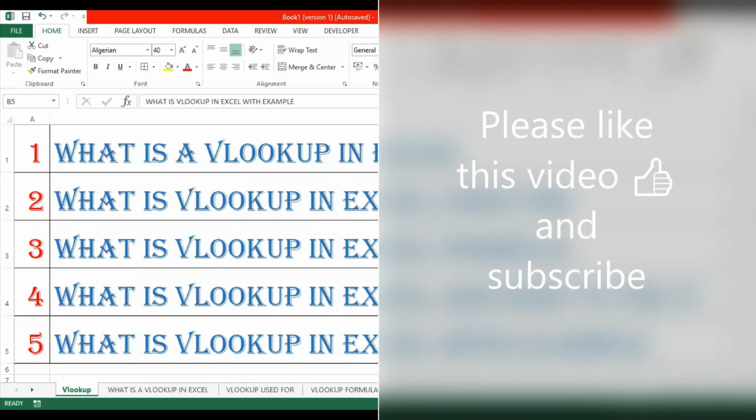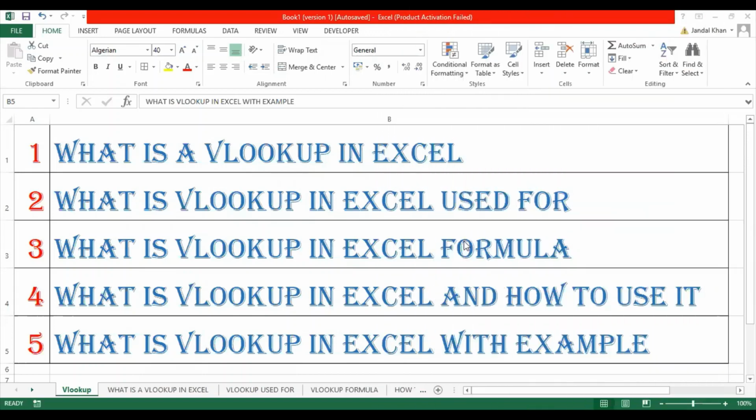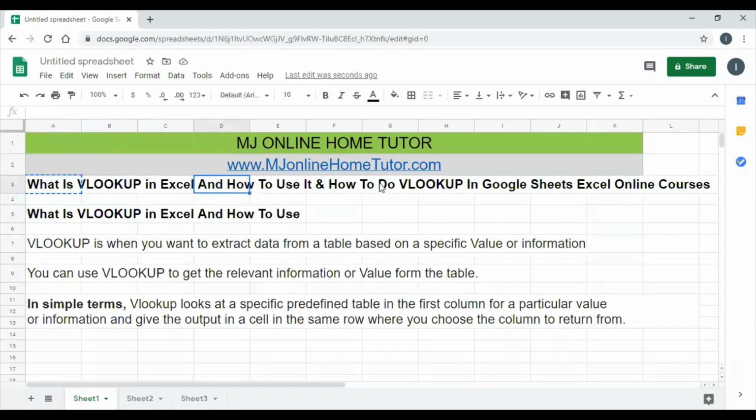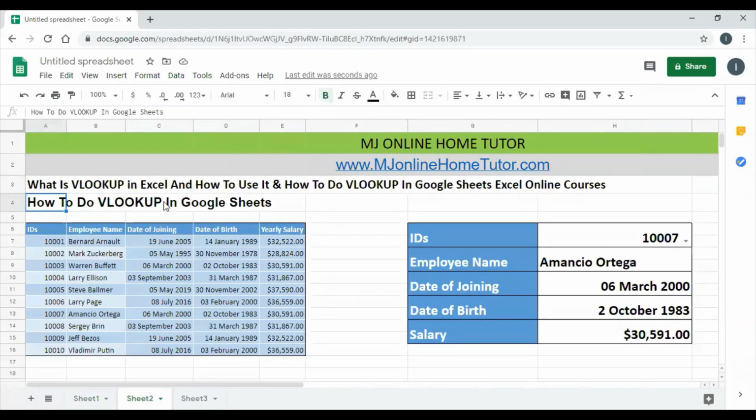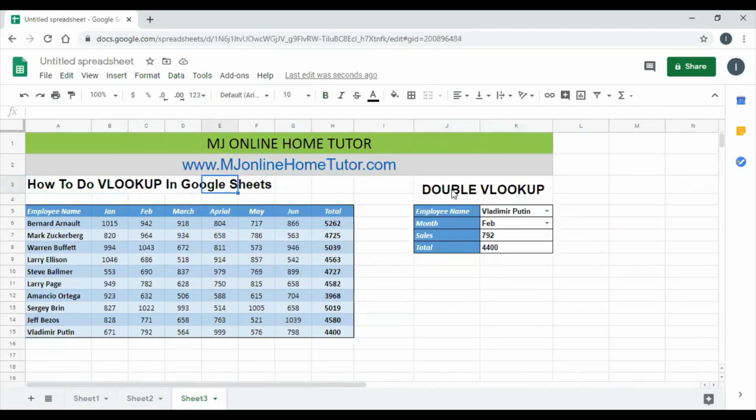The important thing is about VLOOKUP. I have created a complete training. You can watch it. I have created a theoretical part and examples as well. There are many examples. We discuss what VLOOKUP is in Excel, what VLOOKUP is used for, and many things about the theory. There is also an example in which we discuss VLOOKUP by changing the variable via validation. It's a very short VLOOKUP training. The link is in the description. I will show you many examples right now.